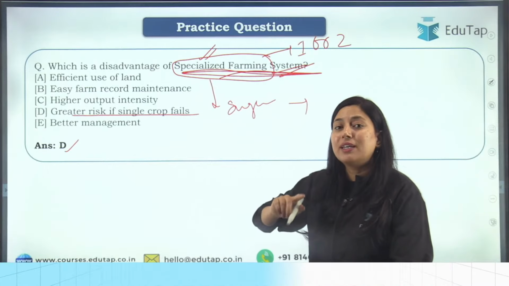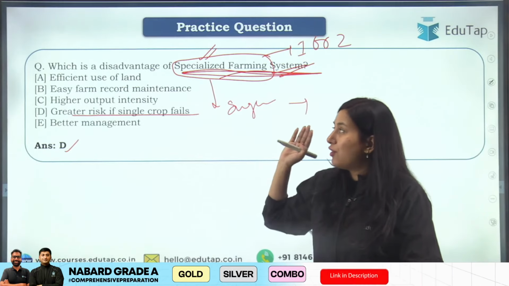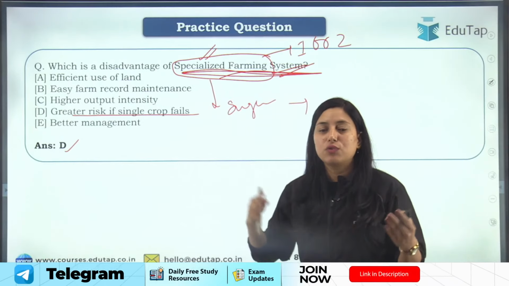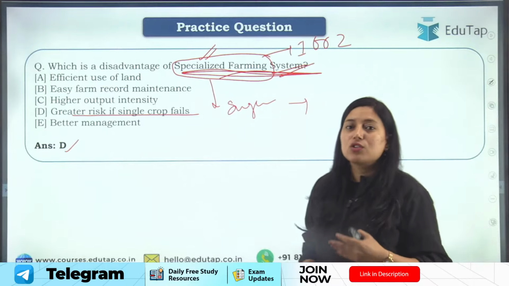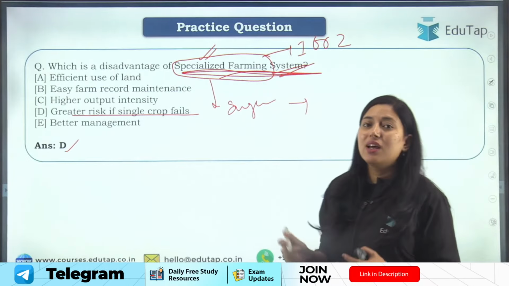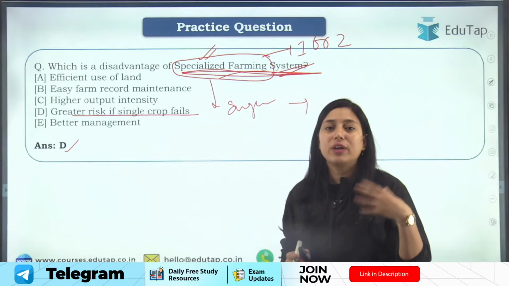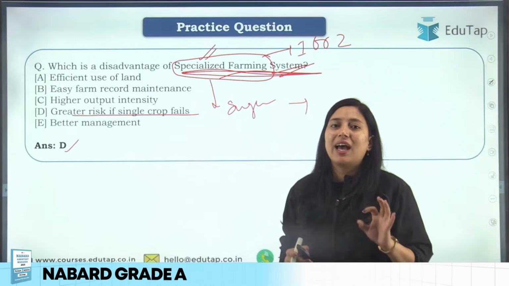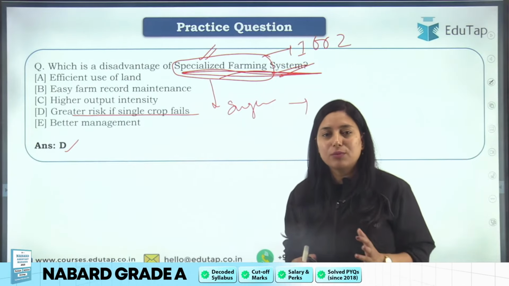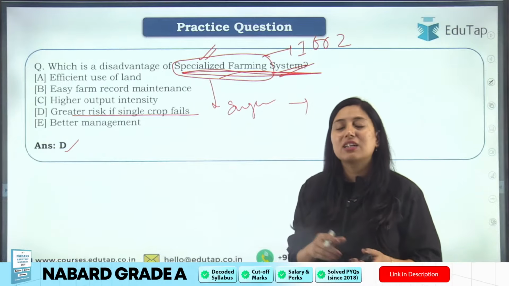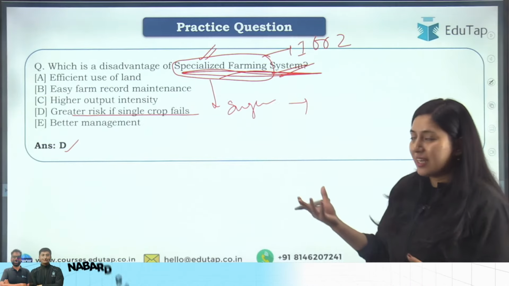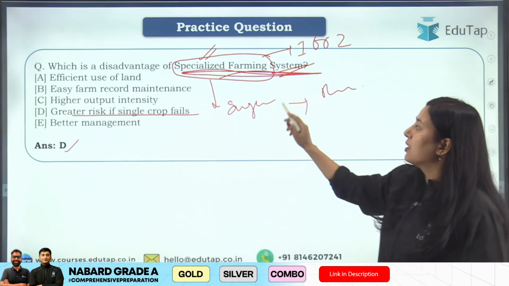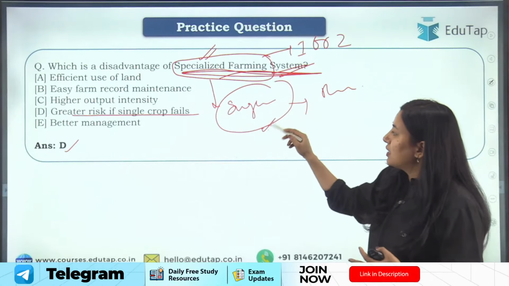Now advantage here is that if any technology is required for sugarcane cultivation, that will be available to that farmer. But if that particular farmer take multiple crops, right, so that farmer will need more tillage implement or more tools, different tools for cultivating different crops, right? So that's why it's called specialized farming system, where farmer is specialized in growing one crop, and usually in a farm 1 to 2 crops are taken, and more than 50% of return from that farm is getting from one crop.